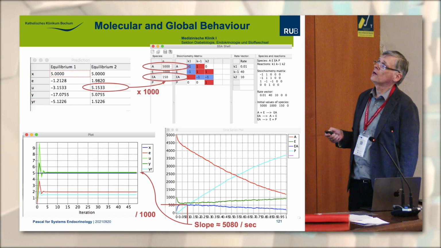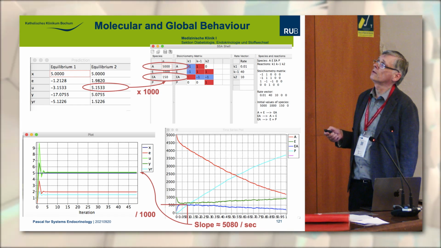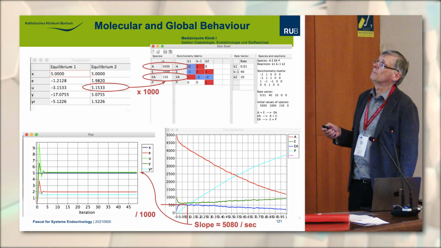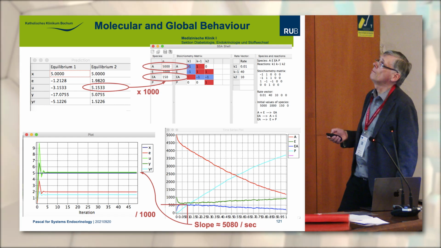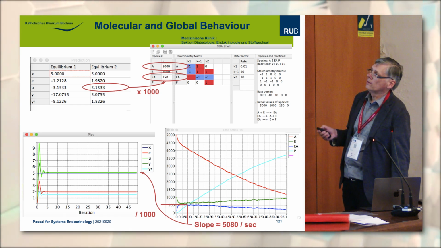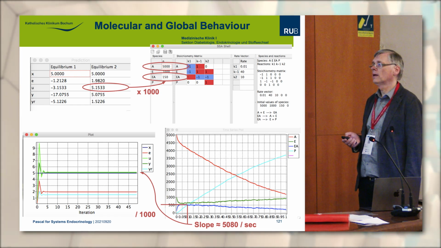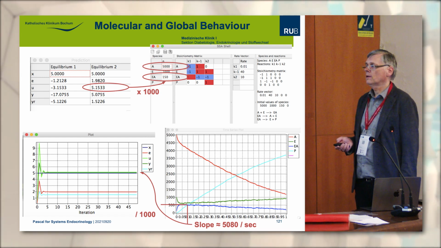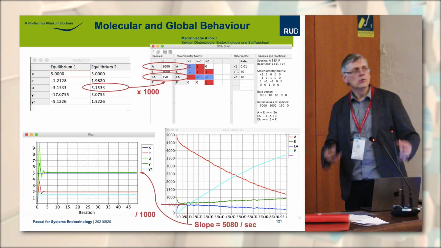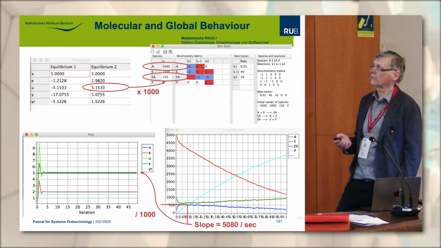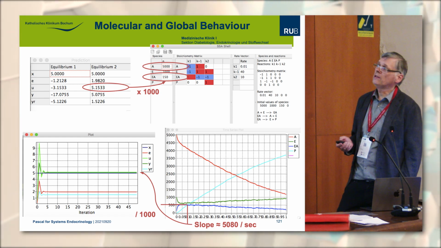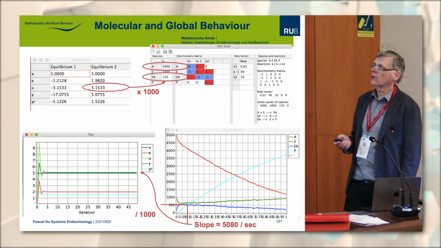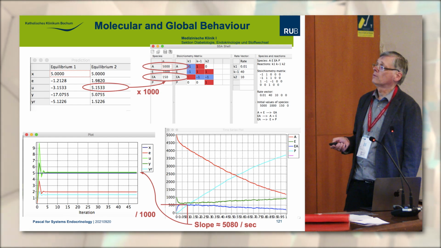This is 5150 here for the substrate and the enzyme substrate complex, and then we can simulate this with the software, and what we get from this slope here is 5080 molecules per second, which are formed of the product. And to translate this back to the behavior of the whole feedback loop, we have to divide again by 1000, and then we get